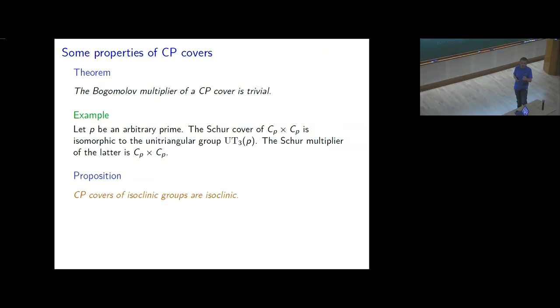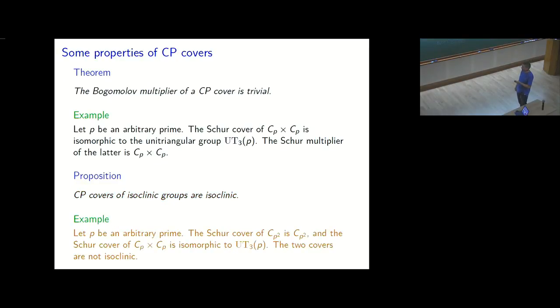But you don't know about what happens when you have isoclinic groups and you look at all the covers in the isoclinic family. But here, all the CP covers of isoclinic groups are isoclinic. And again, you have a counterexample. You just take two abelian groups, let's say CP square and CP cross CP. They are isoclinic. Well, the cover of this one is CP square, and the cover of this one is, again, the triangular group, which means that the covers are not